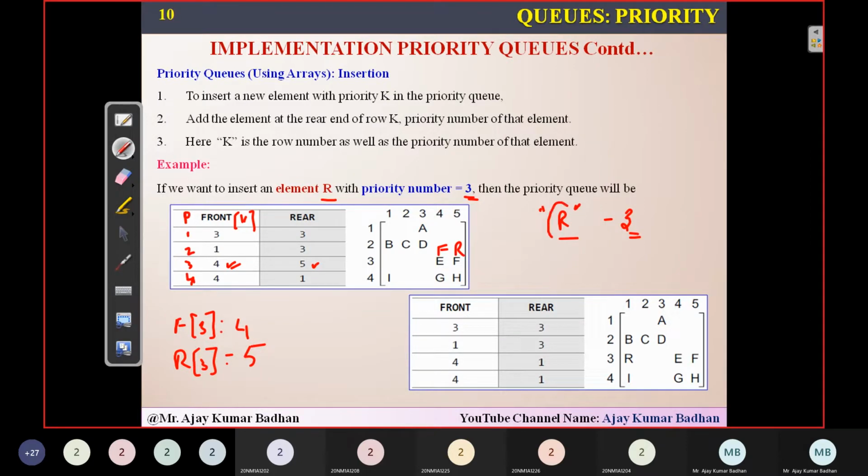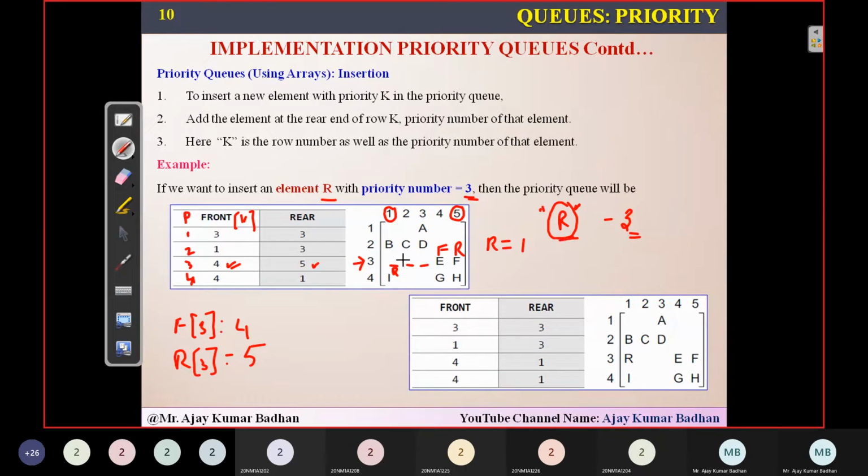Now I wanted to insert a new element R into this particular queue, which is having a priority 3. Now you know that front is in this location. Rear is actually pointing to the maximum elements we can store. So rear is already present here, but we do have empty spaces. And as I told you that we are using a circular queue, what did I ask you to do? Rear will be pointed initially to 0. So rear will be coming to this location. Since I am representing here with 1, rear will be equal to 1. But when you're writing a program, it will be 0. So it will be coming here, and now you will be inserting that element.